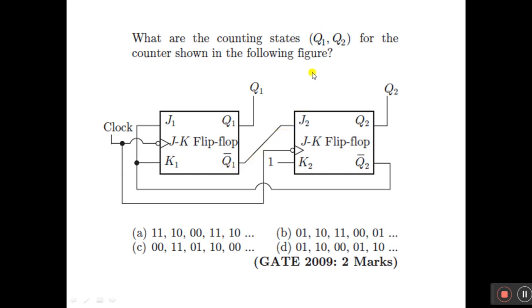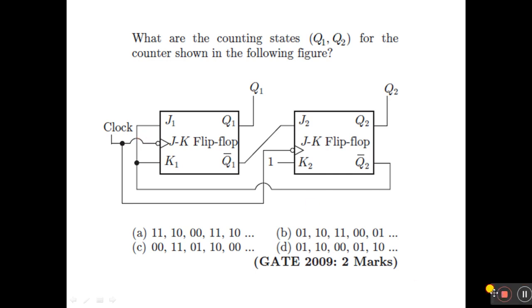We apply this synchronous counter, the clock applied simultaneously. They are asking what the counting states of Q1, Q2 are if I apply continuous clock pulses.